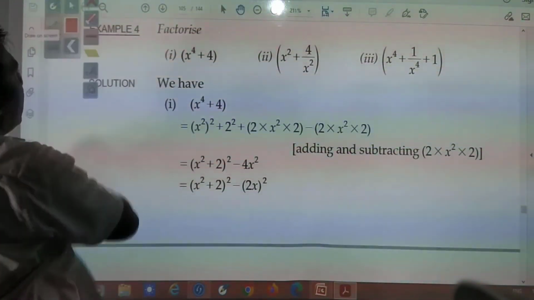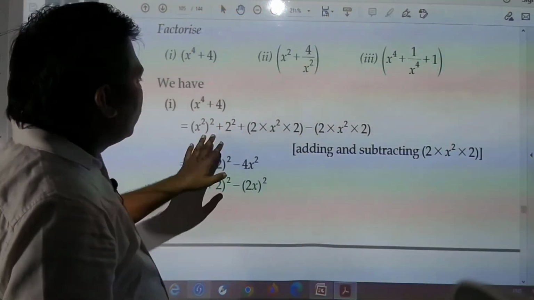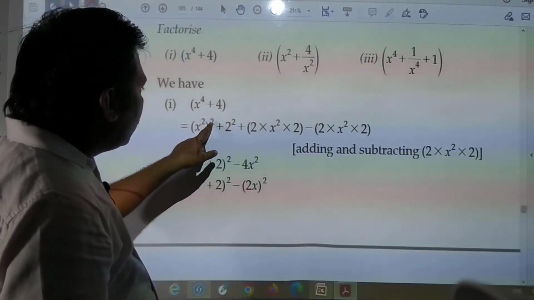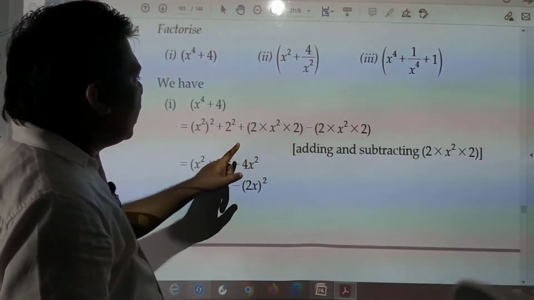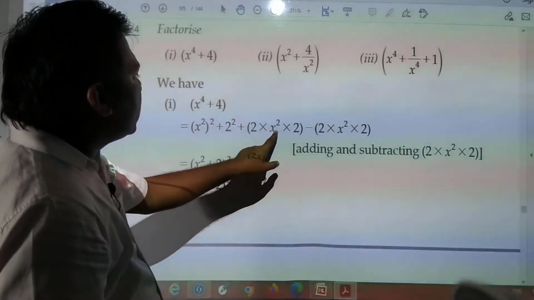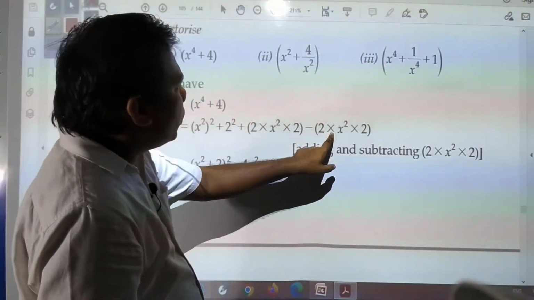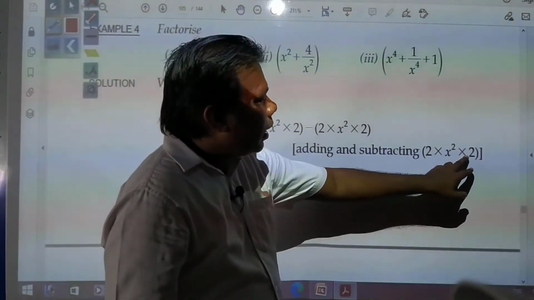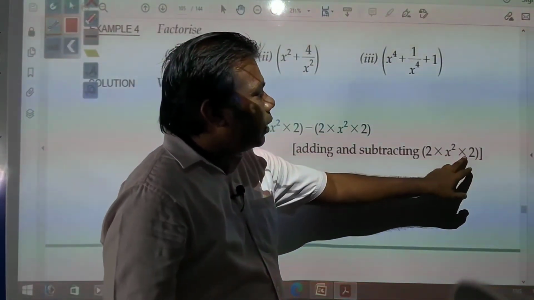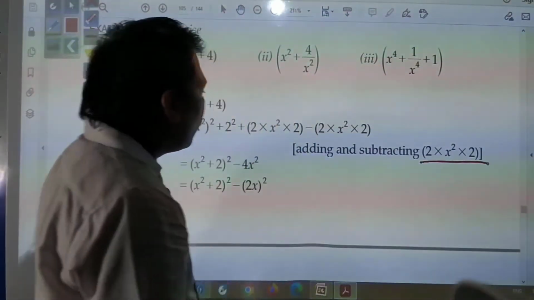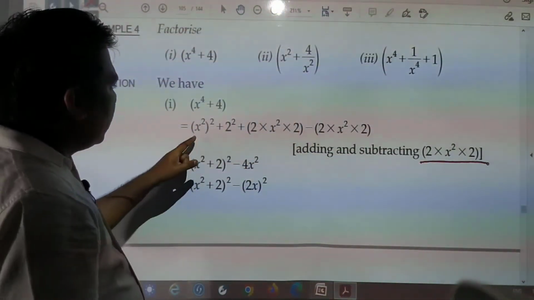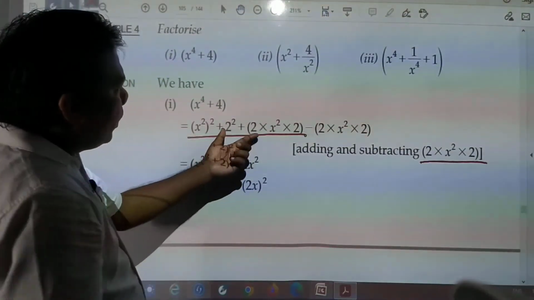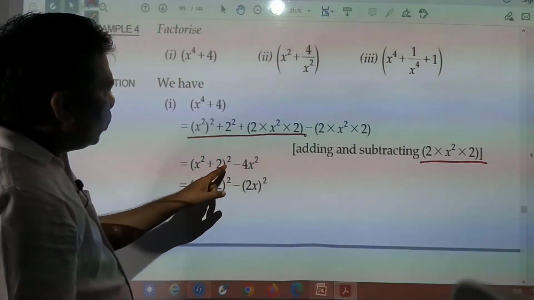Next you see x to the power 4 plus 4 you have. So this can be written as x square to the power 2 plus 2 square plus 2 into x square into 2 minus 2 into x square into 2. What has been done? Adding and subtracting 2x square, 2 into x square into 2. This you need to remember. Why it has been done? To get in formula, so that if you are writing this, this will come in formula, x square plus 2 whole square